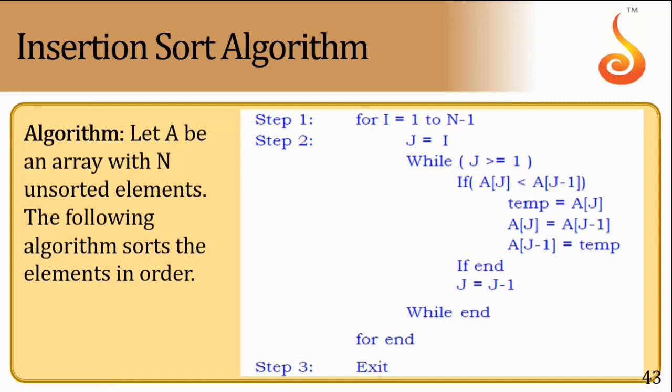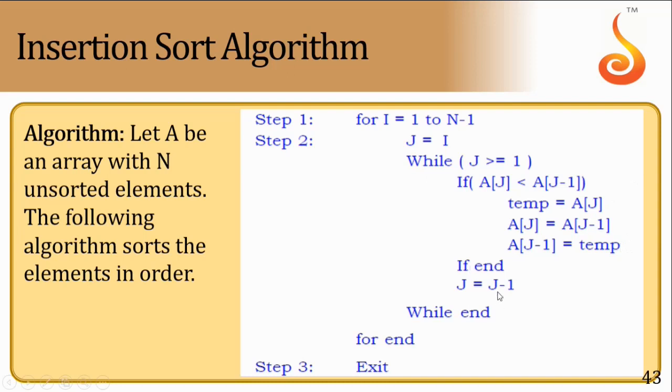And then you're writing an if a of j is less than a of j minus 1. I had also written the same logic. I'm checking since it's in ascending order, I'm checking whether the A of jth element is less than the previous element. If it is true, then I'm going to swap it using a third variable, and then after the while